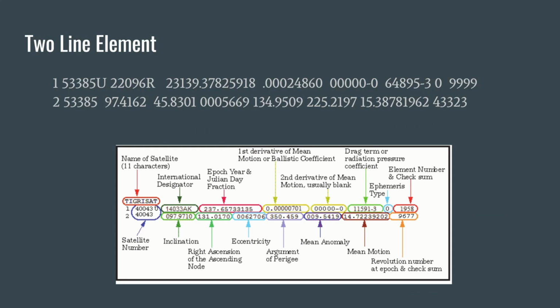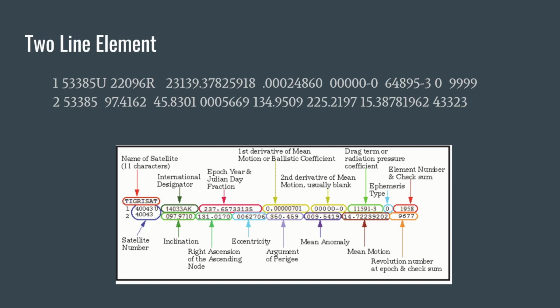To calculate this, we need the information on the orbit of the satellite. This is conveniently provided in a format which we call the two-line element. This is essentially two lines of data that describes the orbit of the satellite. Combining this with the GPS coordinates of our ground station using a great Python library, we can calculate where the satellite is at any specific time and when it will be in view of our ground station.